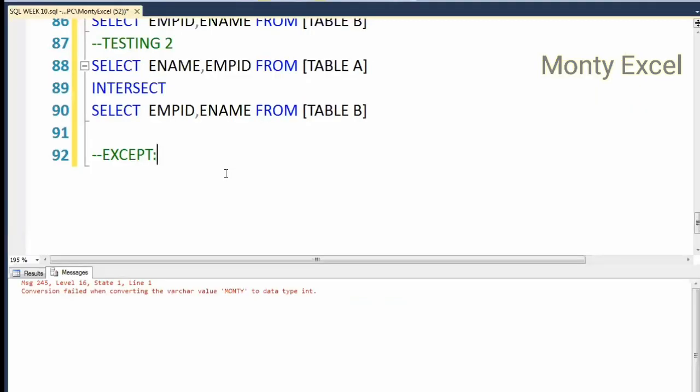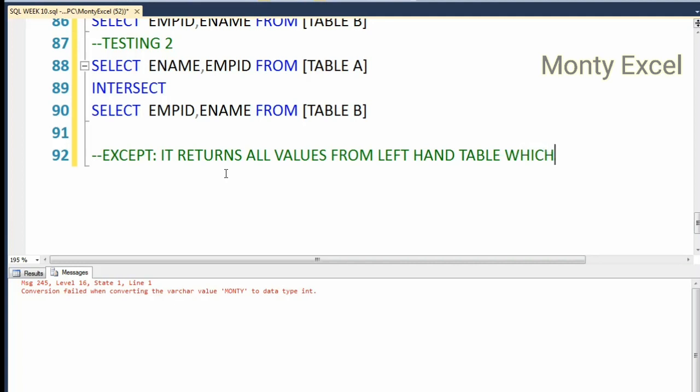What it does is it returns all values, nothing but the rows, from your left table, which are not found